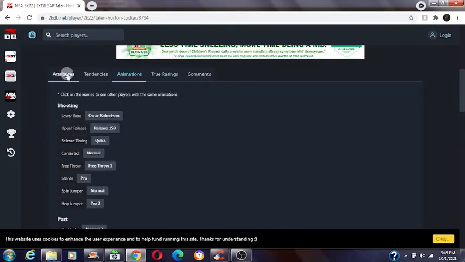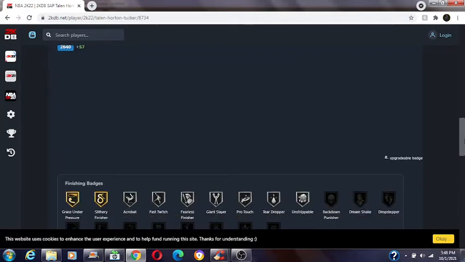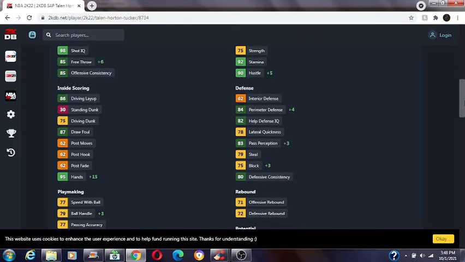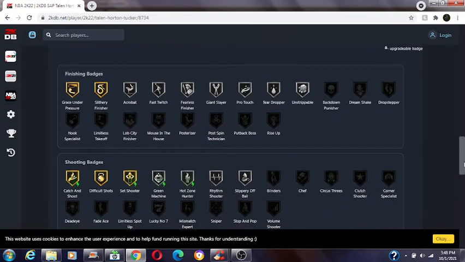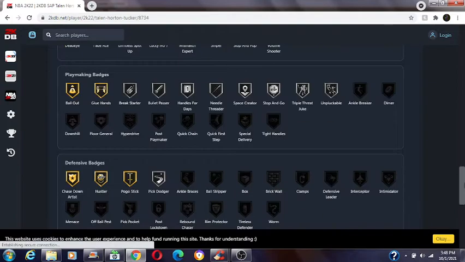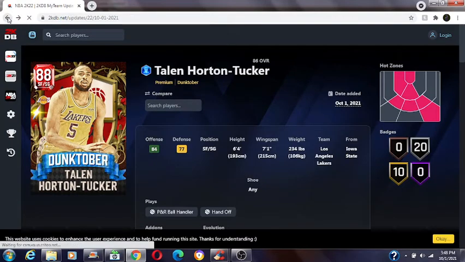Let's see some stuff now. 81 3, still 79 speed, still 75 driving dunk when he's in Dunktober. Like, what? Yeah, really nothing else. Nothing added there. Okay, he's decent. Actually, no, he's still mediocre, but he's almost getting the decent shooting now. Legit, nothing changed other than shooting. Yeah. Now let's move on to